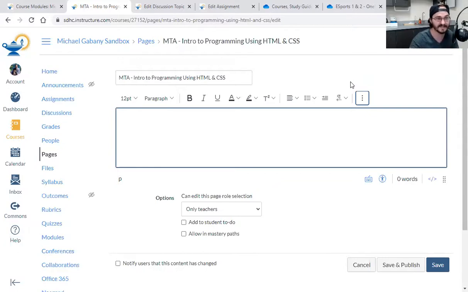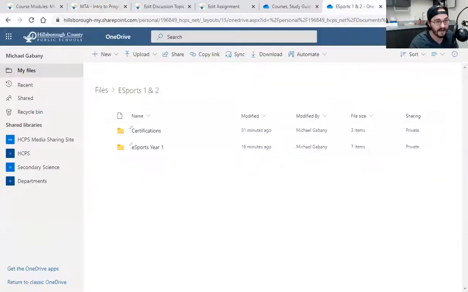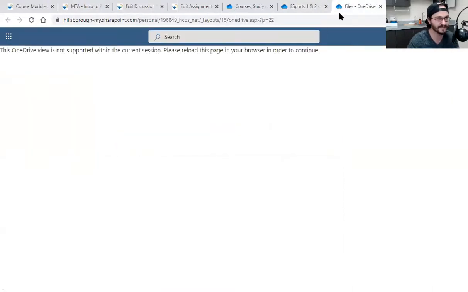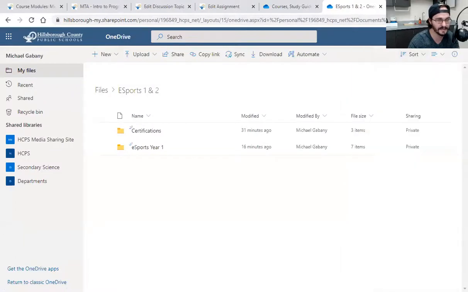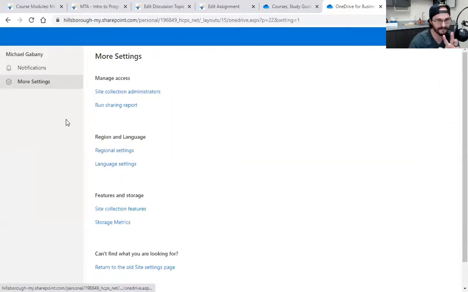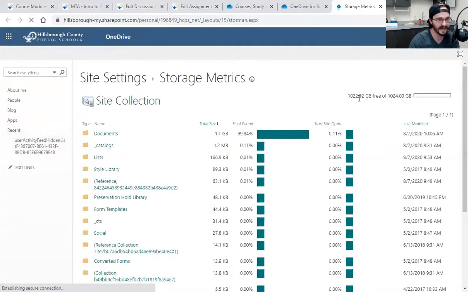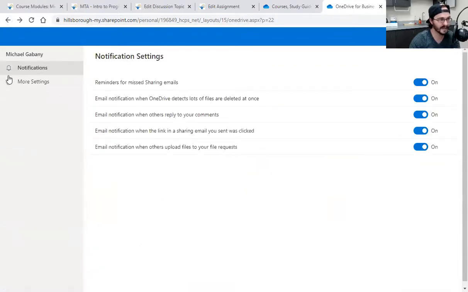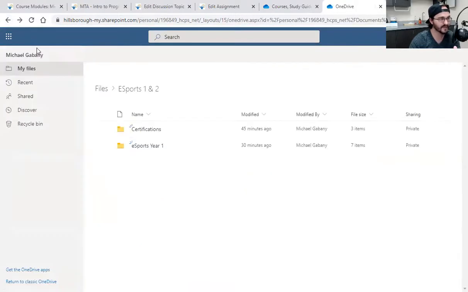All right, I checked this out. I found it up here, actually. I looked hard for this too. I went to settings. This is in your OneDrive, which is why you should be using OneDrive. You only get 15 gigs in Google, by the way. I looked at storage metrics. Check it out. It says I have 1,000 gigabytes free in my OneDrive. And you can already see all the documents I got in here already, which is amazing. So what I'm saying, once again, is use your OneDrive, people.